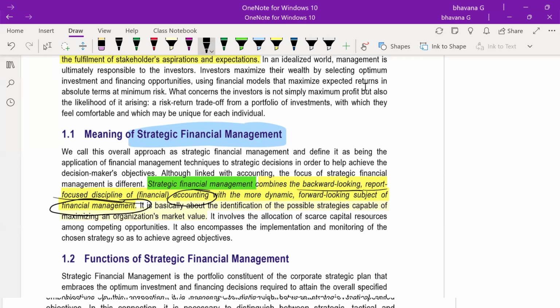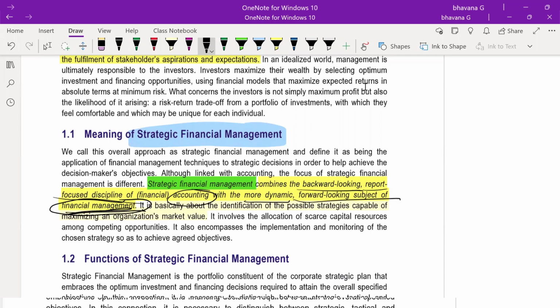Nowadays people do not want only reports. You also want to know how you can manage your money with those reports, how they will help you grow your business, how you can manage the right finances by investing at the right places, and what returns you are getting from it. So when accounting gets combined with the more dynamic, forward-looking subject of financial management, it makes up